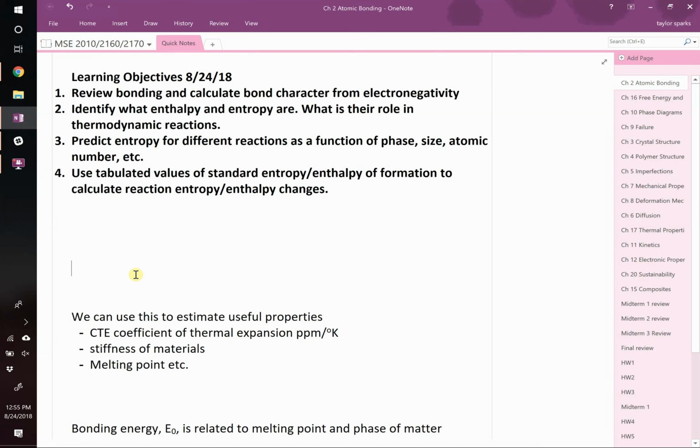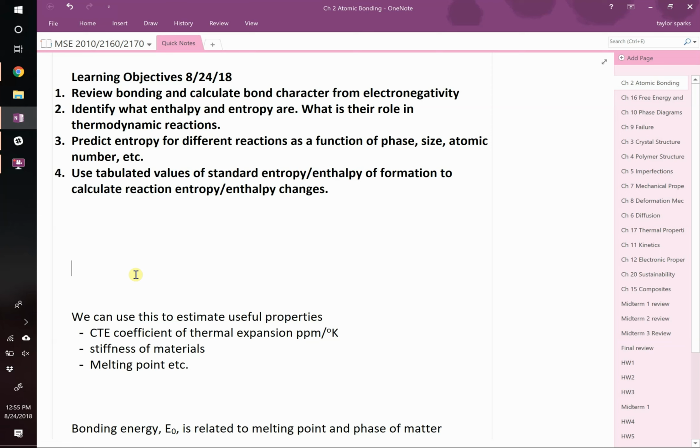First thing we're going to do is wrap up where we left off last time, which was talking about the forces that exist between atoms as you bring them closer together or further apart. We're going to turn that into an energy, and then we can start turning that into all sorts of things that we actually care about, like stiffness, melting point, material properties that we might be interested in. We'll then talk a little about the different bonding types, and we'll actually be able to calculate what fraction of the bond is ionic, or